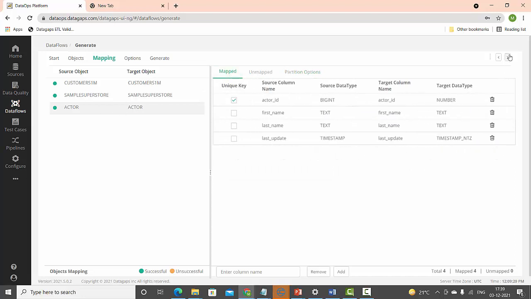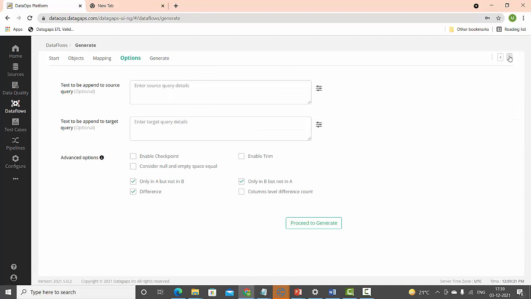Once the mapping step is done, we'll go into the options. Here we can give any query predicates, like a where condition. I can give that because you don't want to migrate all the table data at times. You may want to migrate only part of the data, but in this case we migrated the complete data, so we are not adding any where conditions here.